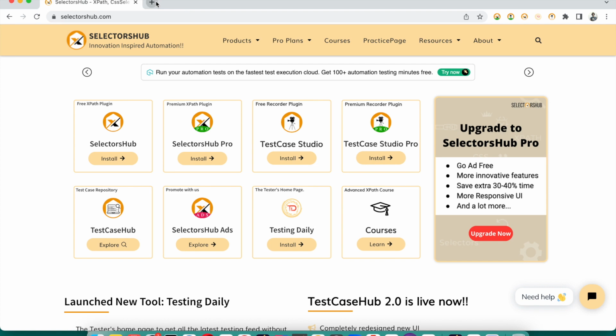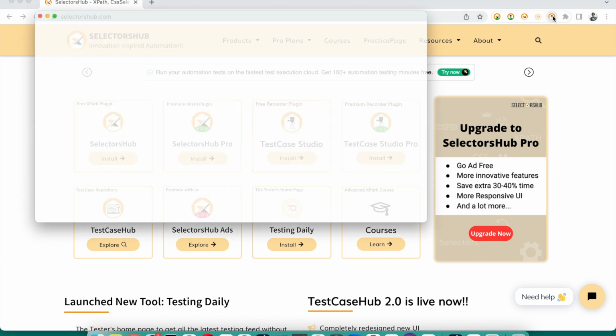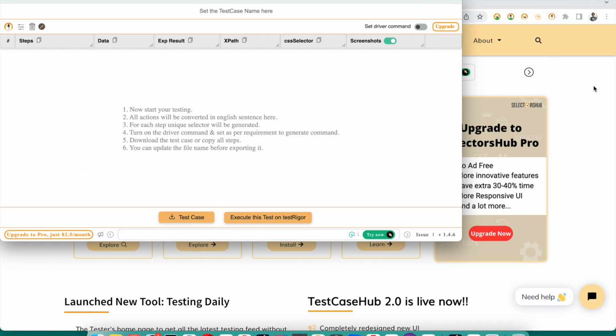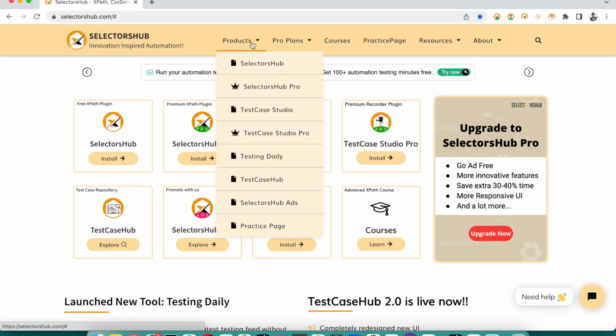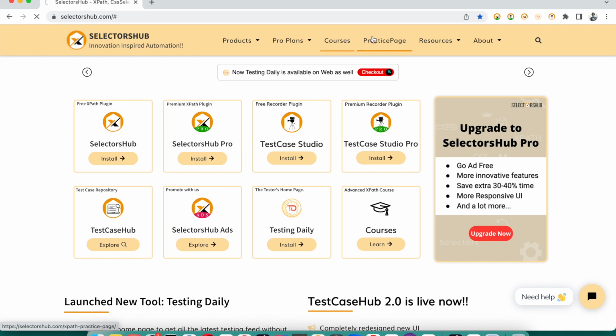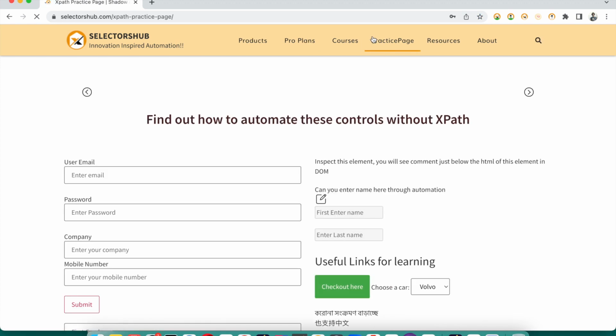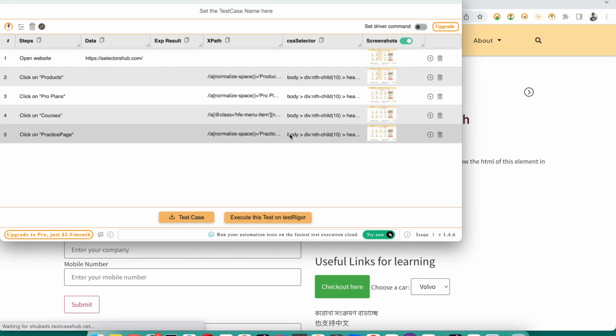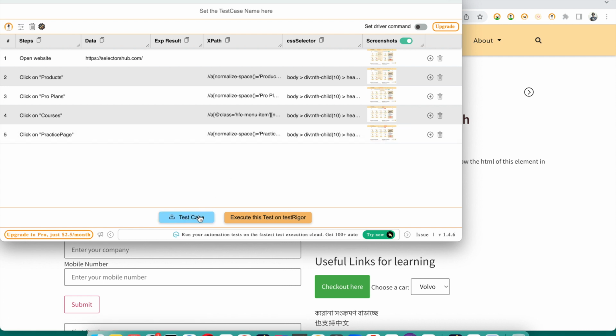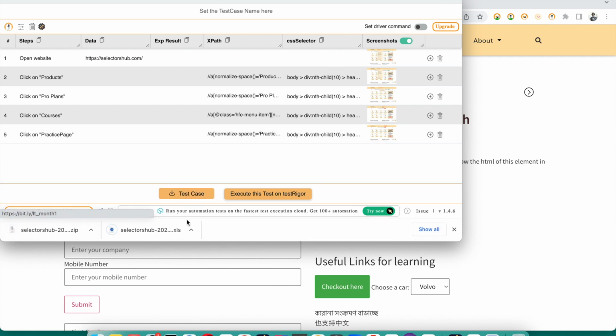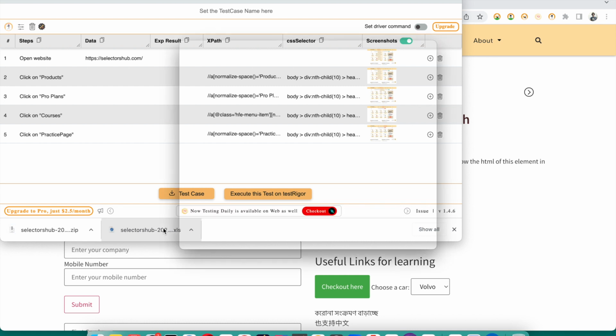So let's say you're doing any testing, so what you have to do, you just start the Test Case Studio. You see it open like this, and now if you start clicking here and there, so this is recorded. Now if you download this test case, let me download and open the XLS file, you will see that